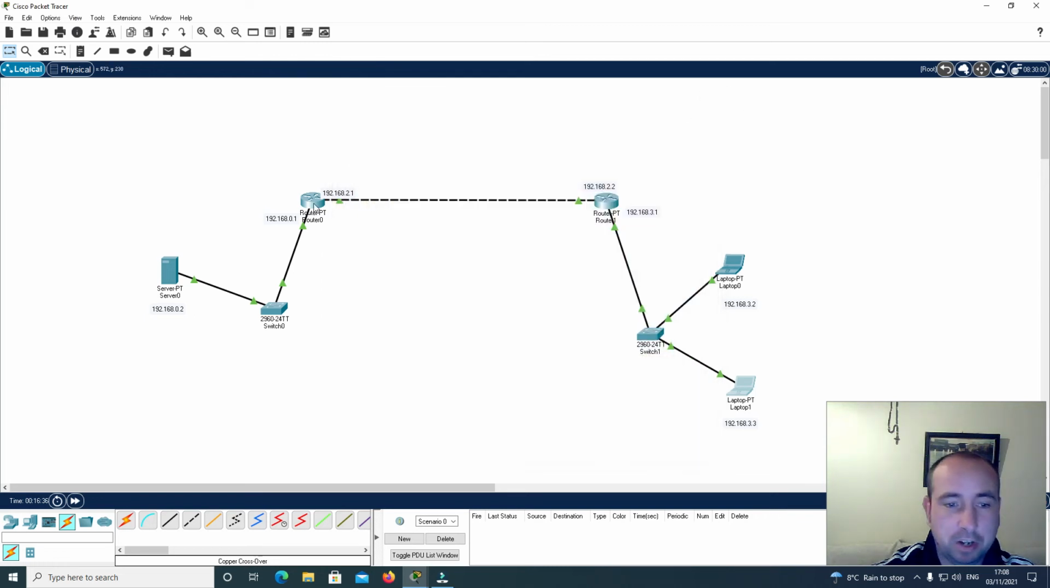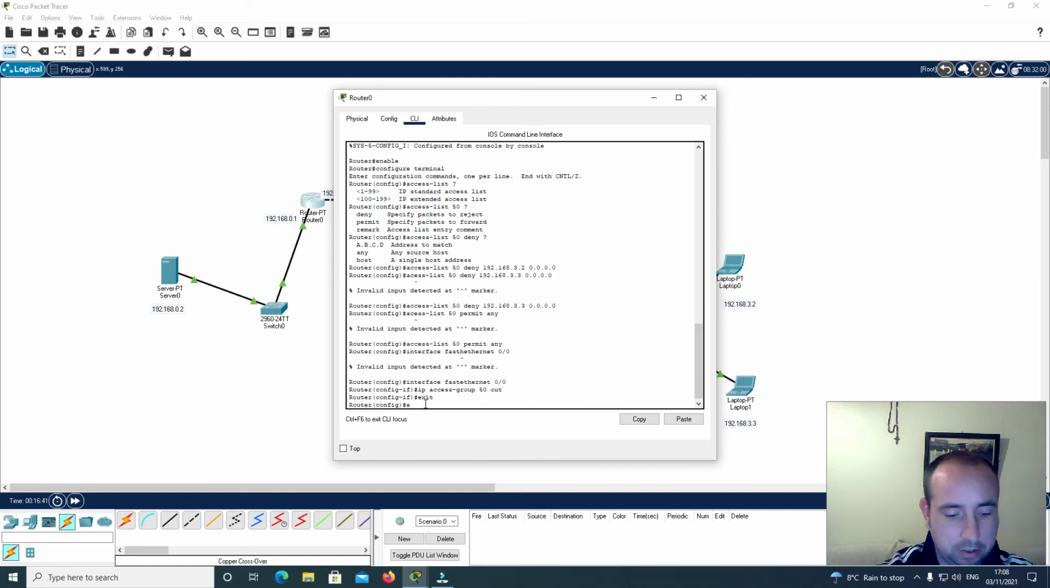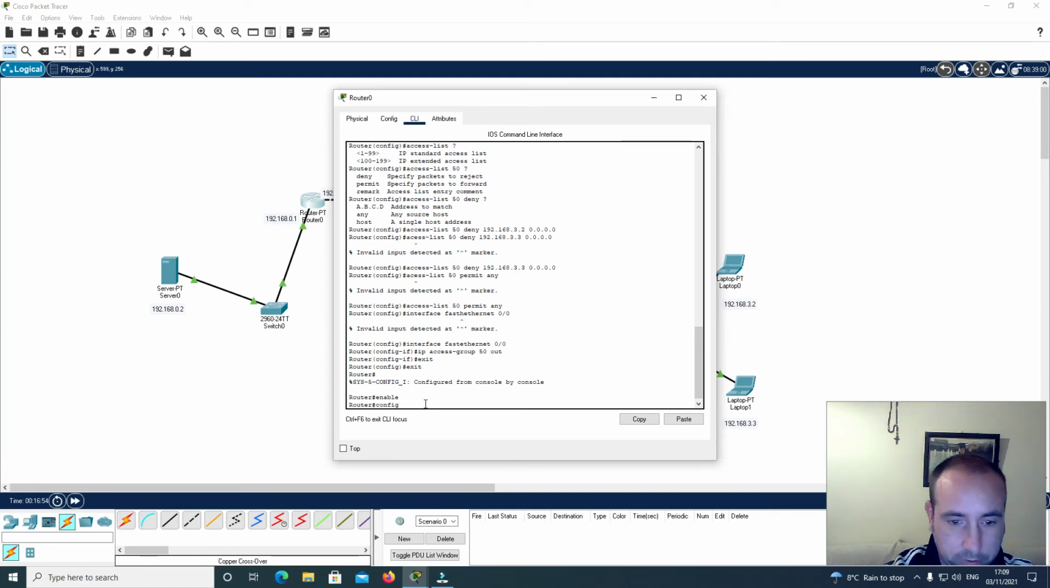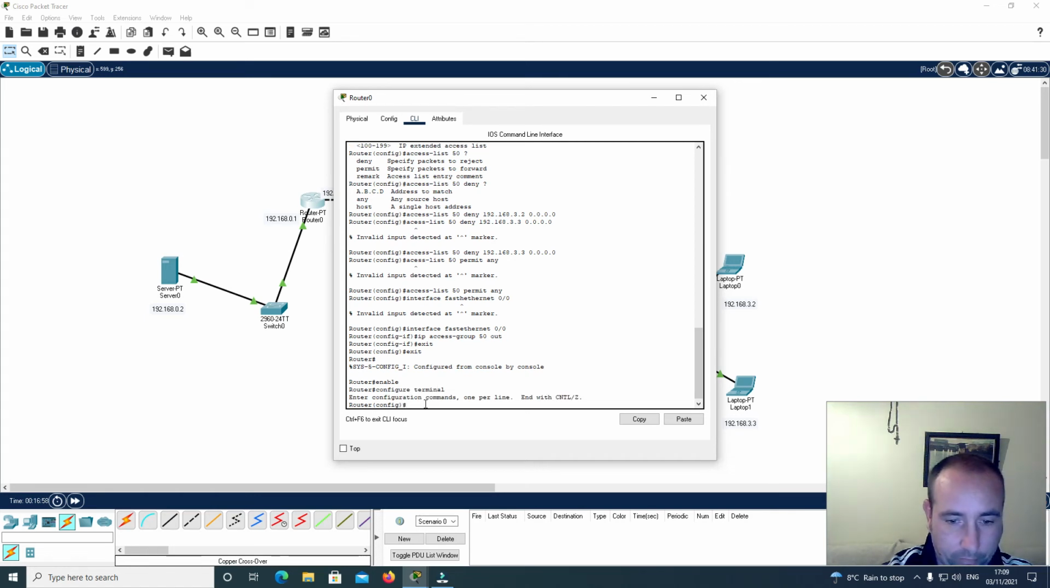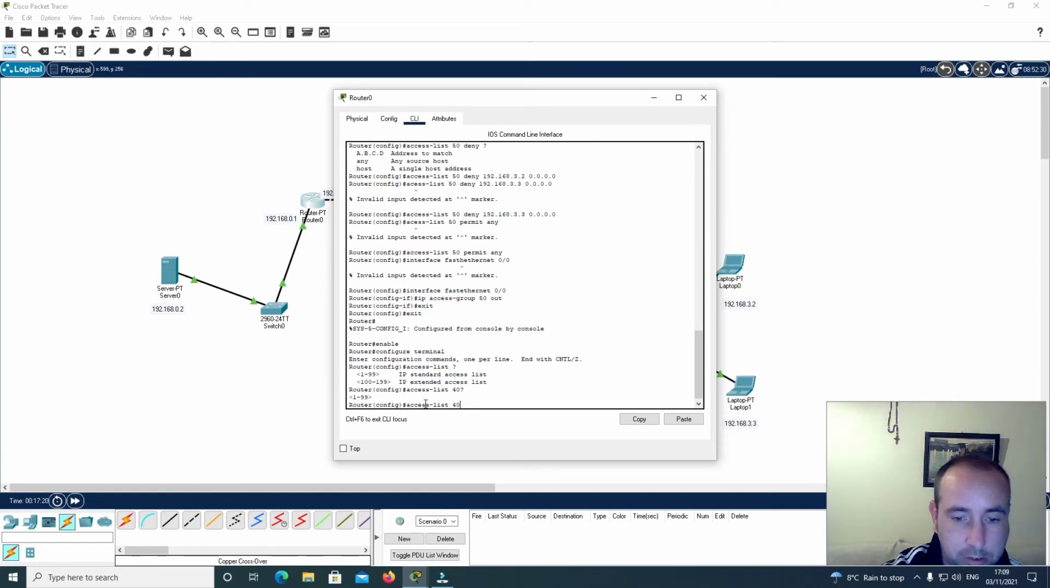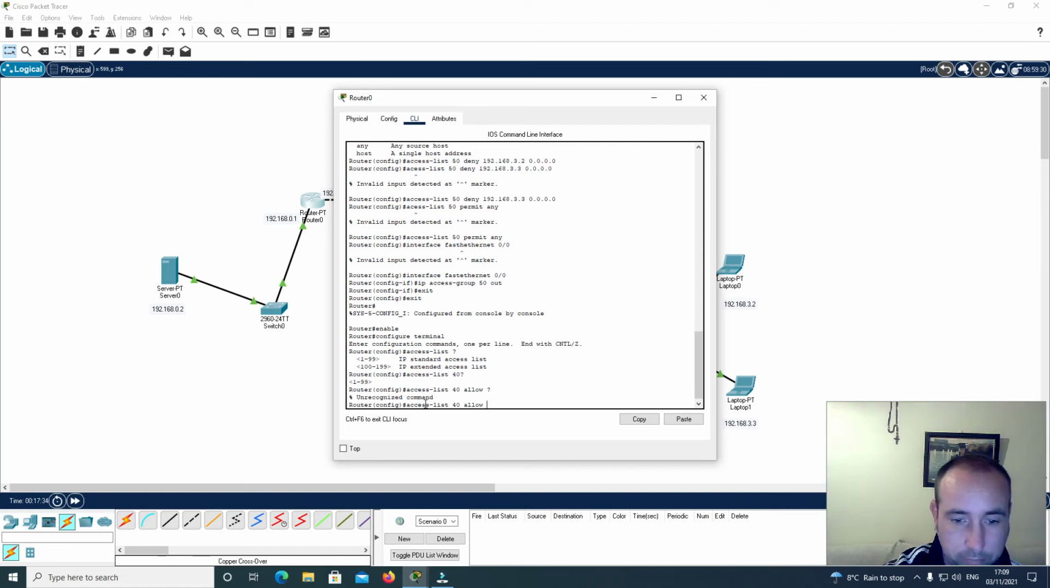So now we're going to go back to our router and we'll set up another access control list, and I'll just type in exit again, and I'm going to type enable, configure terminal, and I'll type access-list ? I'll go access-list 40,